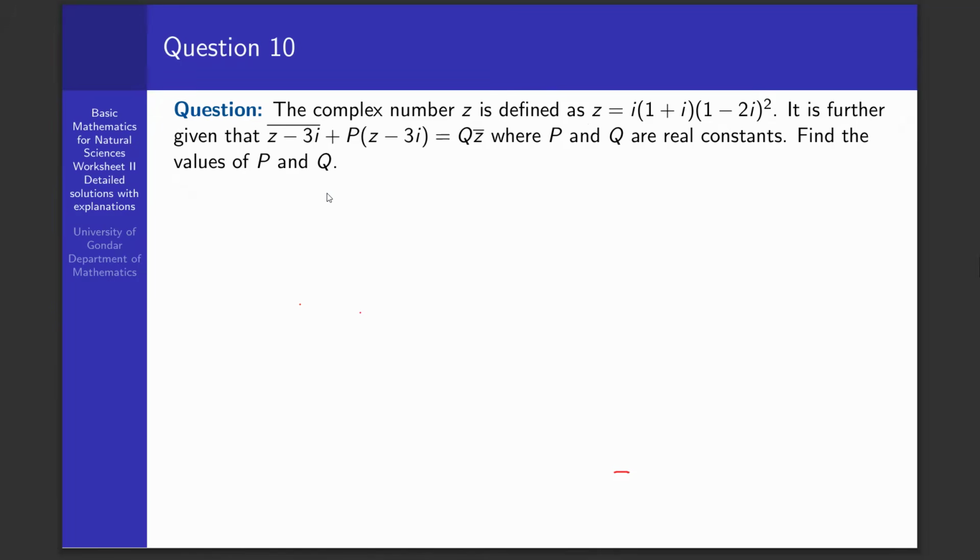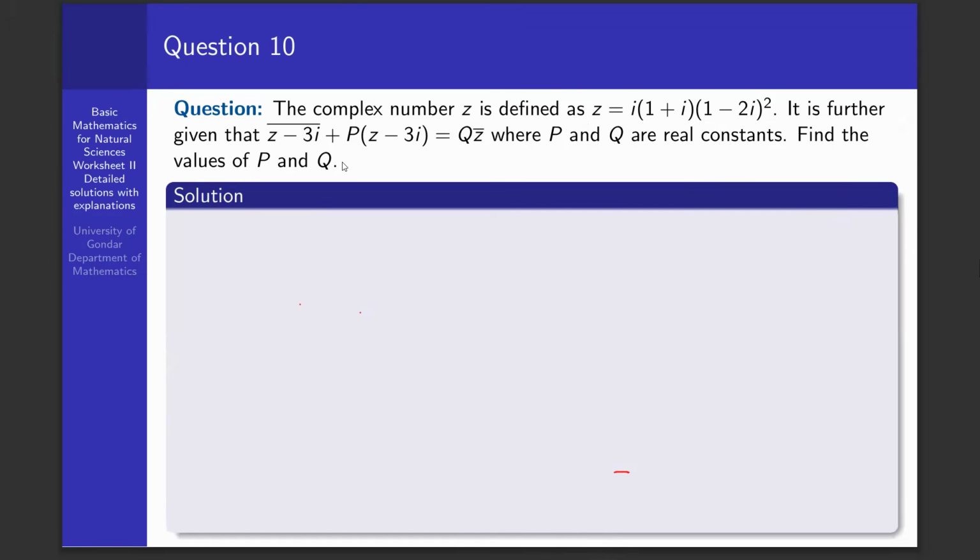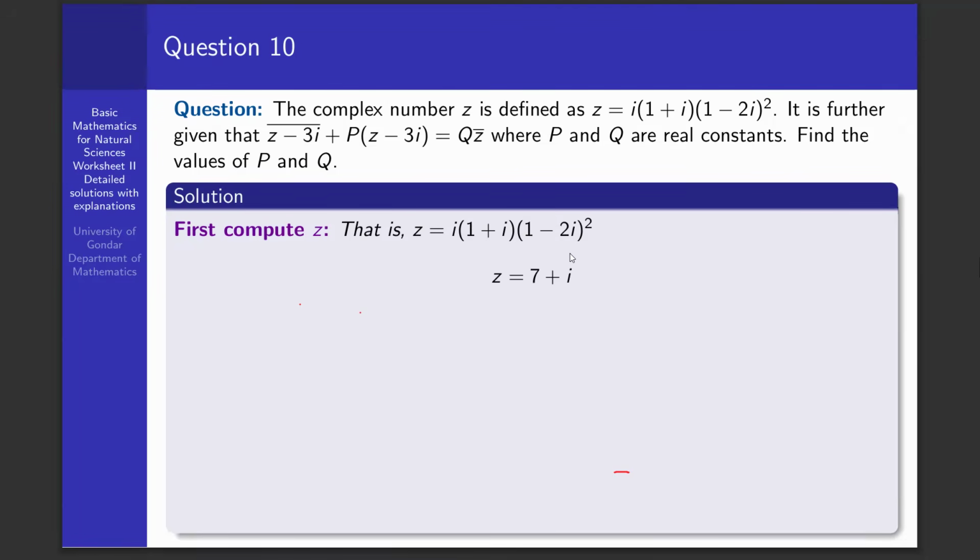That means we are asked just to find the values of p and q, which are real constants, satisfying this simple equation. So first, let us compute z. z is given to be here. So let us simplify z, so that z is equal to the simplified form of this expression, which is directly taken from this one. And it could be